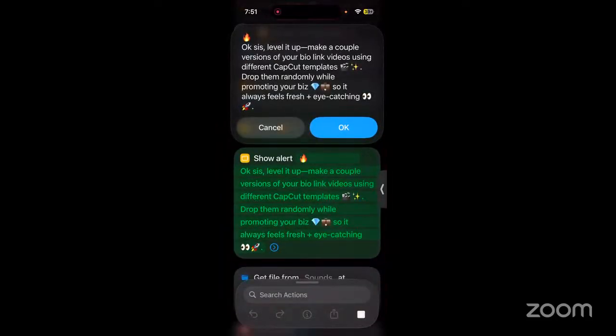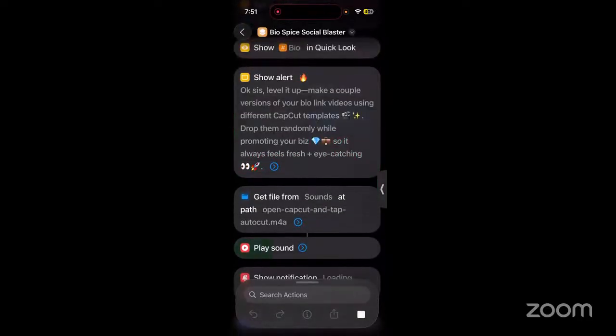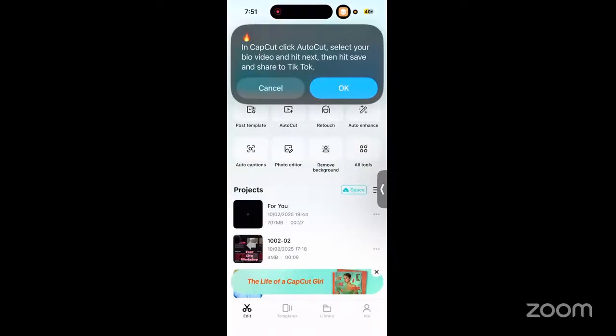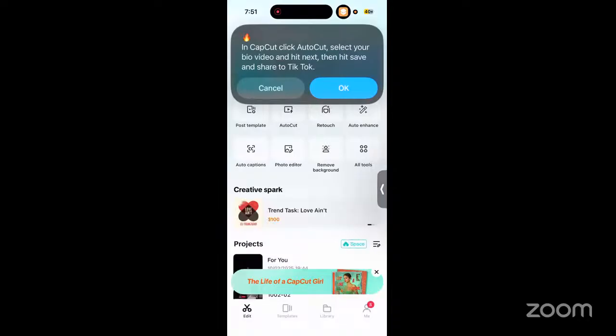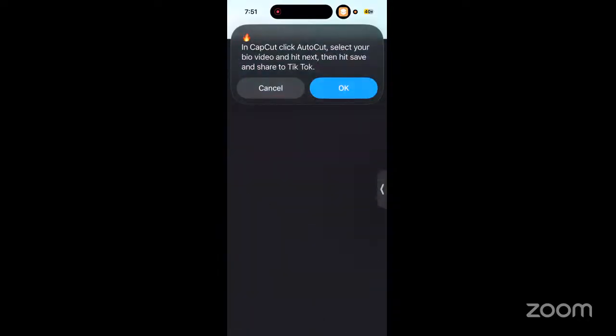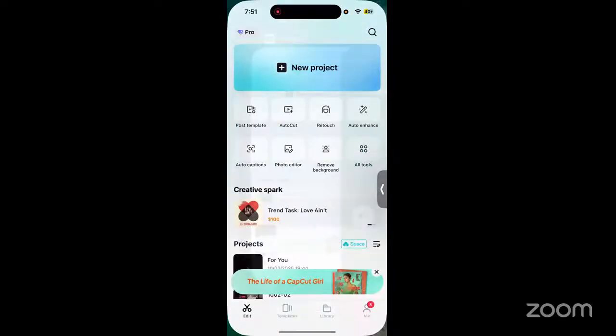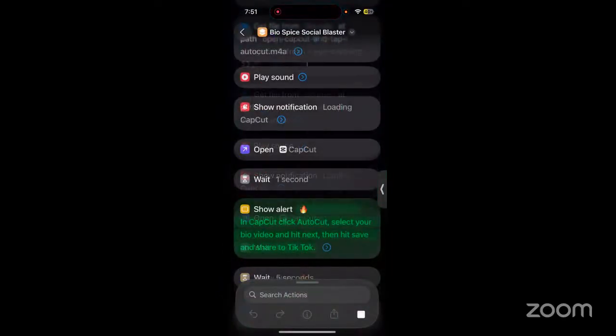Okay, then let's make a couple of versions of BioLink video using CapCut. So it just opens up the CapCut. Select a template now. We're gonna have to modify the ordering over here. But you click AutoCAD, whatever you select that. You guys got the idea. Now all of this, it just takes you through the process. We just need to